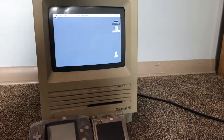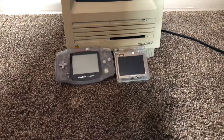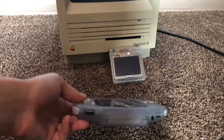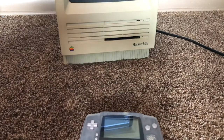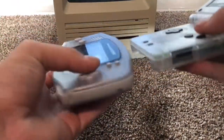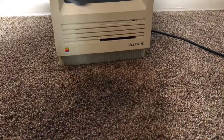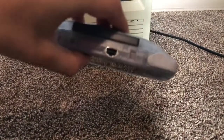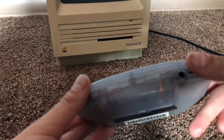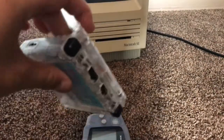They are of the same family, as they are both Game Boy Advance consoles, but they're also different in some ways. First off, the Game Boy Advance is much thicker than the Game Boy Advance SP when open. Well, only this one can be opened. But as you can see, it is significantly thicker, and one of the reasons is that this is more comfortable to hold. It has more curves and soft edges to it than the Game Boy Advance SP's boxy, square